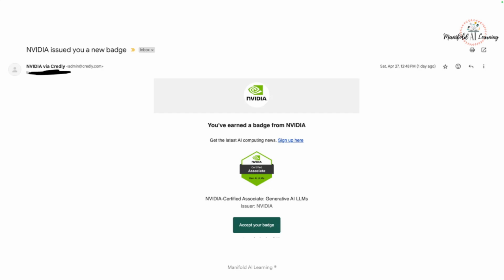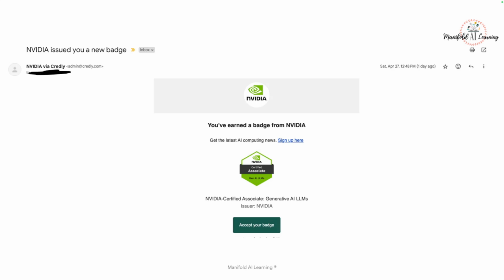the badge from NVIDIA, which would help you add it to your profile, and it will be of high value because generative AI is in demand these days. This is an industry standard certificate. It's not just a simple certificate; it would help you show that you're someone who has the necessary skills and knowledge in working with generative AI. So let's get started, guys.